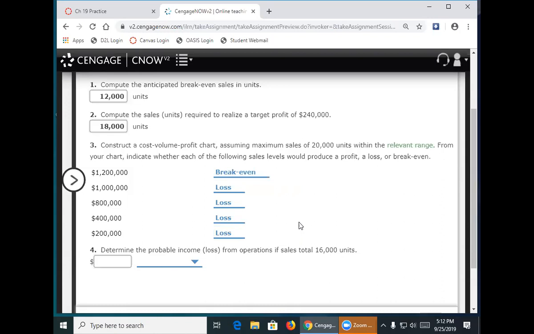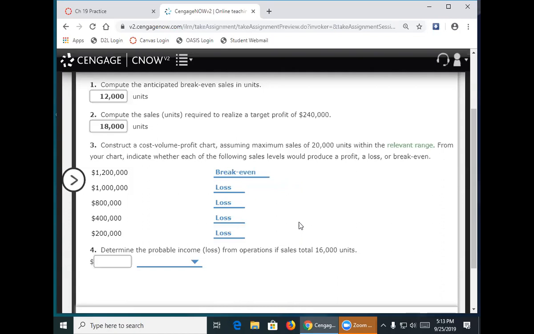And then number 4 says determine the probable income or loss from operations if sales total 16,000. Do you think it's going to be an income or a loss? Why? 50-50 shot, right? Right, that's actually true. It will be a profit because anything above 12,000 units will be a profit. 12,000 is our break-even point, so anything that we produce and sell above 12,000 units will result in